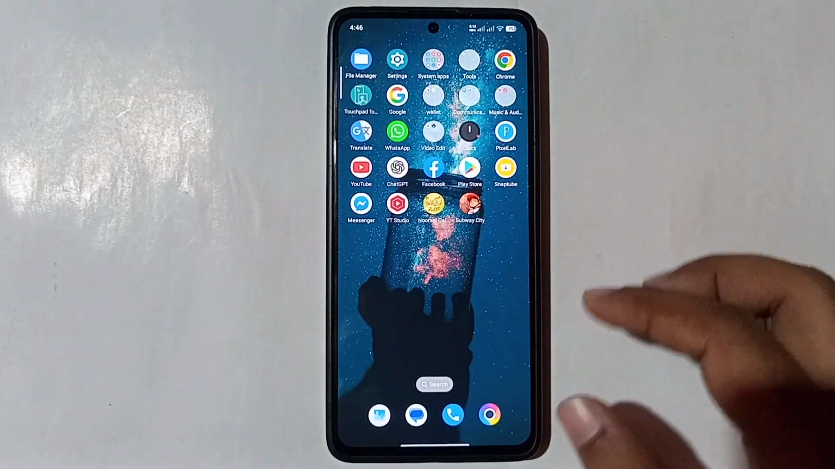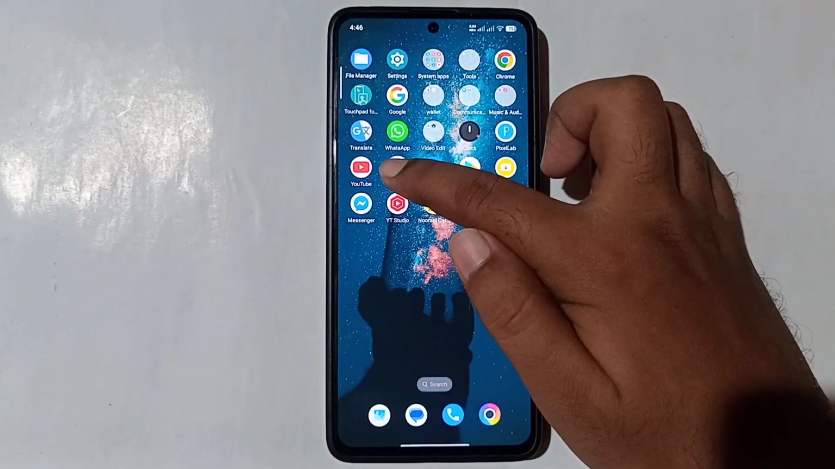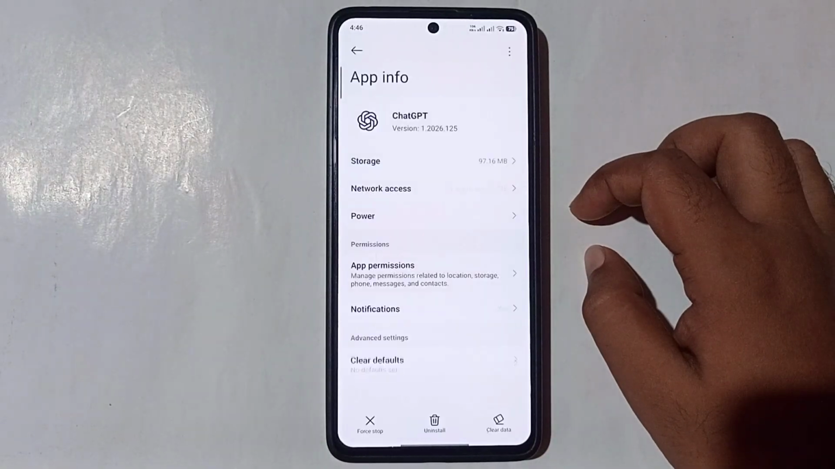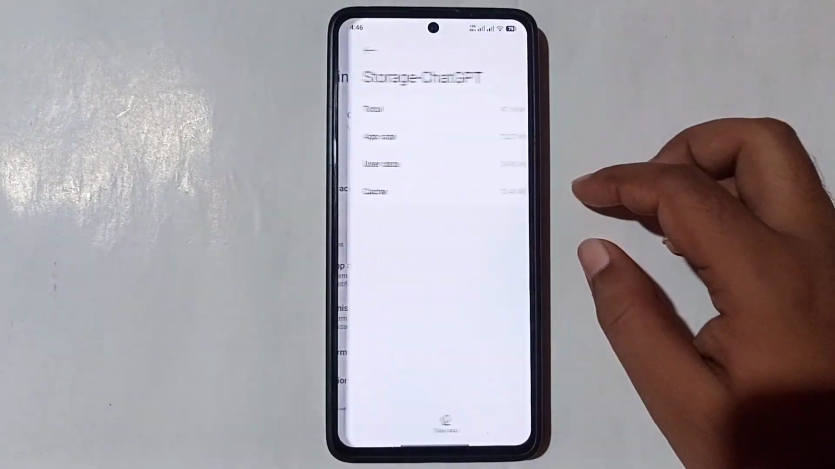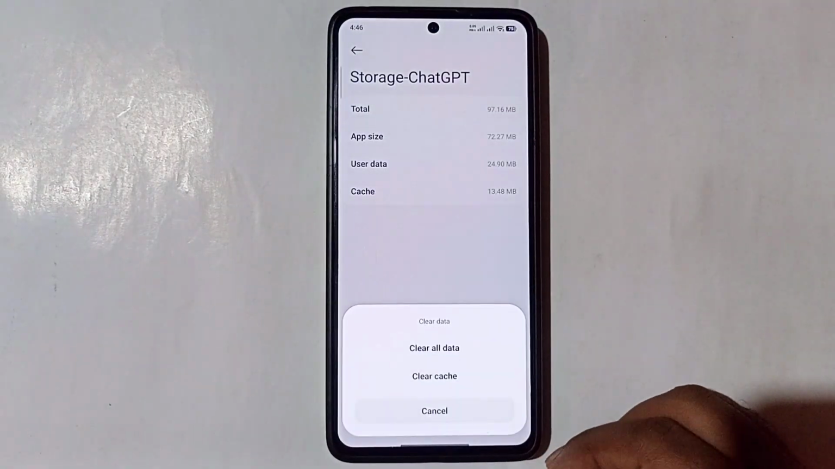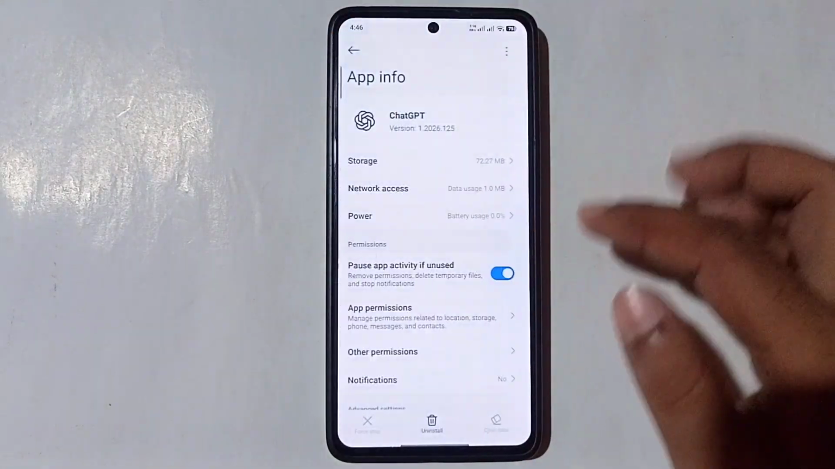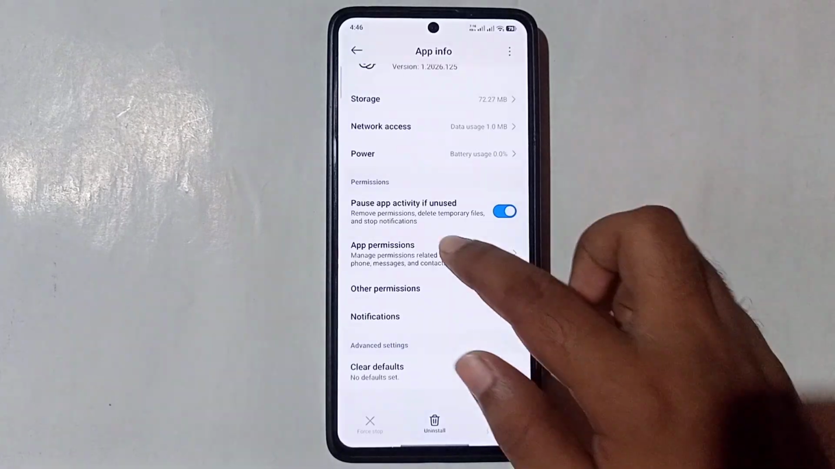For solving this problem, first of all, long press on ChatGPT, tap on the I button, tap on storage, tap on clear data, clear all data, OK. Go back to the previous page and make sure your